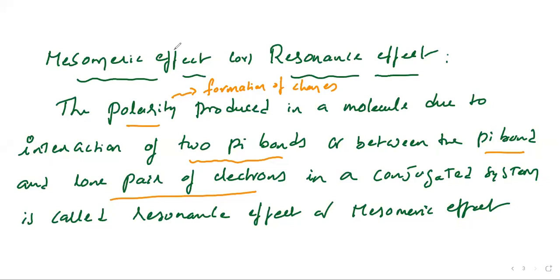Conjugated system means alternate single and double bonds. I will show you what is meant by a conjugated system. Like this: alternate single and double bonds. A compound having alternate single and double bonds is called a conjugated system. Example, benzene. Okay. In benzene,